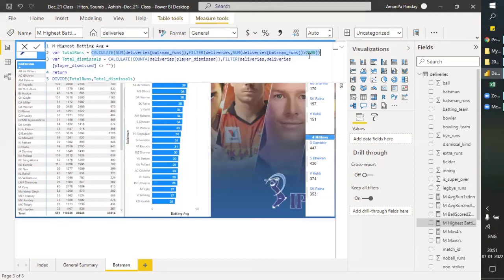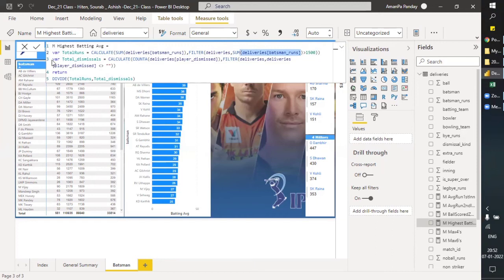There might be many players. You can just make it 1500 as well if you want. Okay, that's totally fine. But just to show you a scenario of how we can use filter in another way as well, I've used this filter in which I have done a sum of the total runs, and then I have added a condition here by using the filter function. Only choose those batsmen who have scored at least 15,000 runs. So it will sum the batsman runs, and then it will apply a filter of 15,000.